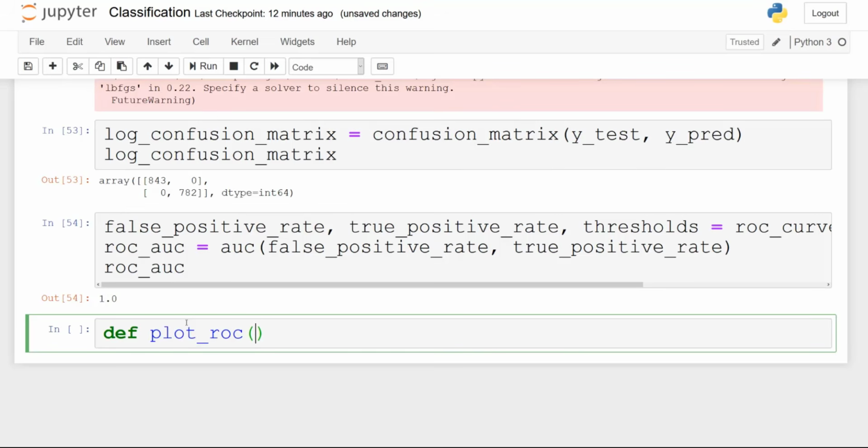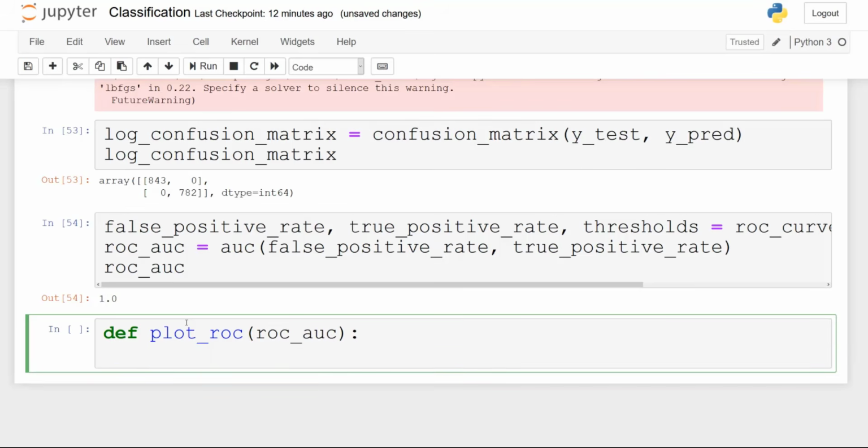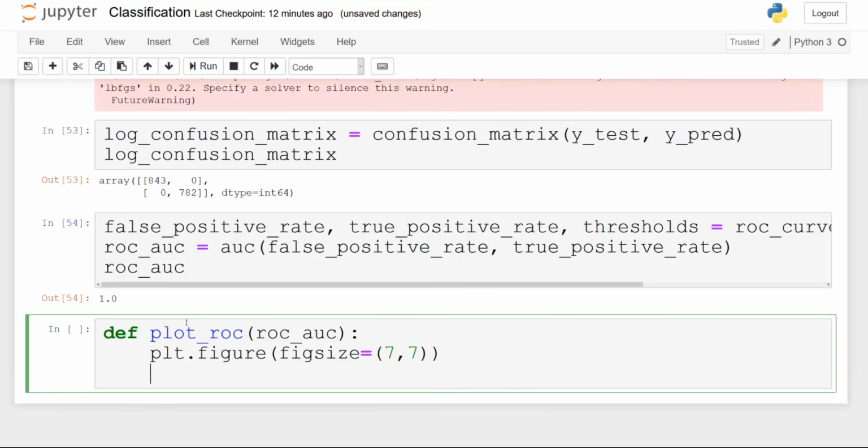Now I'm just going to define a function to plot the ROC curve so we can visualize it and see how it looks. This function is going to take in the ROC AUC, and here I'm basically building the plot itself. So I'm setting the figure size to 7 by 7.